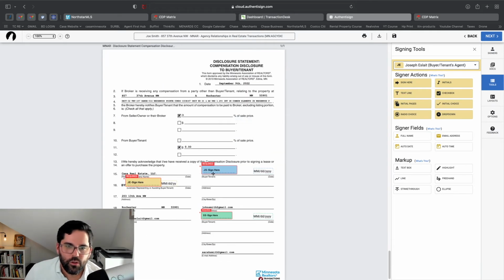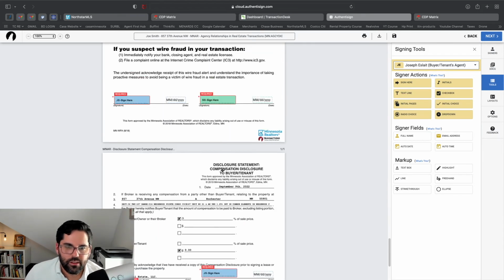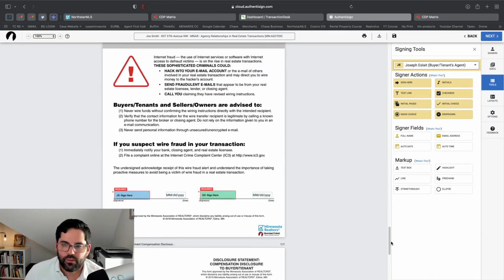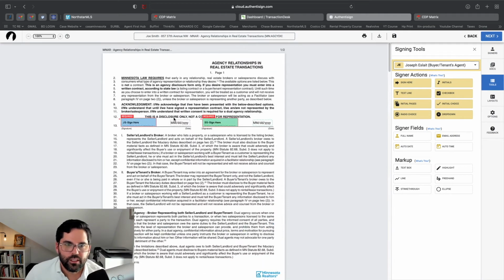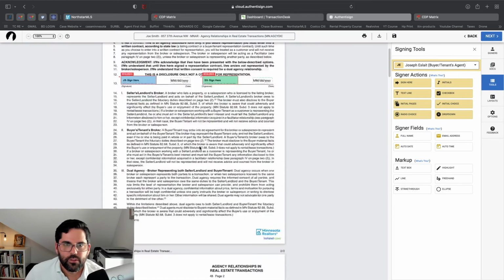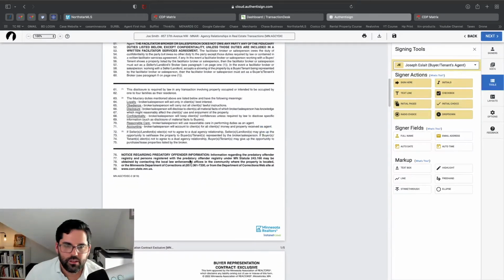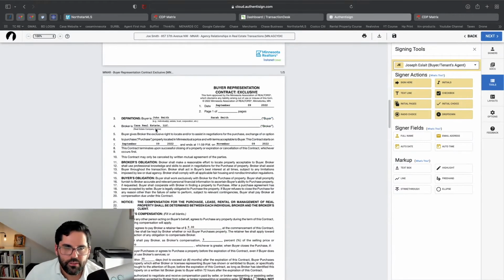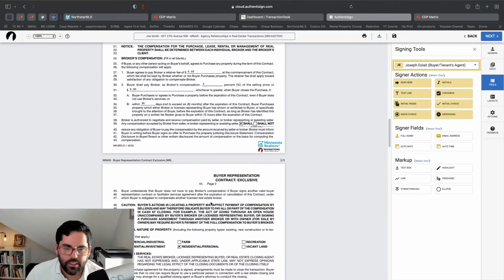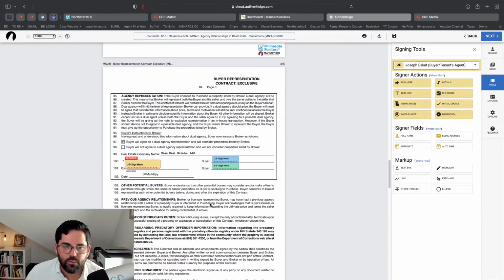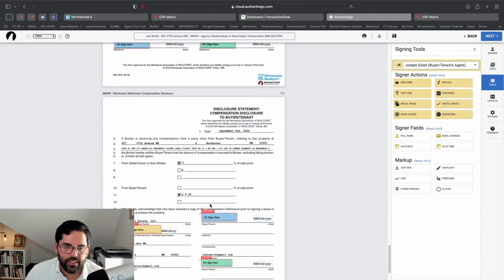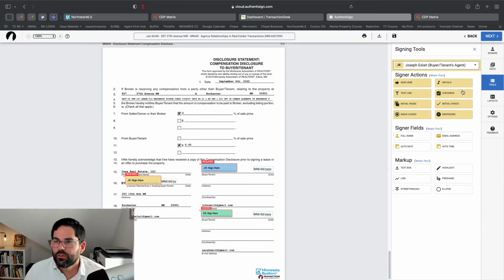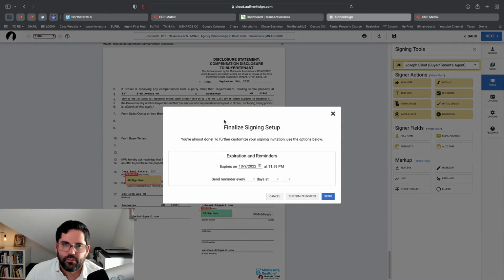So now that you have all the blocks for signatures and everything, it's always good to do a second review of everything before you send it out. So I'm like, okay, these first two documents, signatures are there. And then this one here, I have the names, the contract timeline, commission, blah, blah, blah. I like to review it one last time. And then what I would do is go to Next here at the top, and then